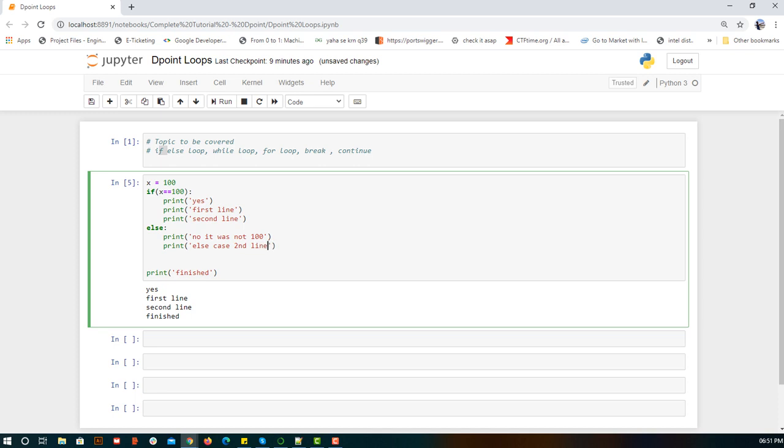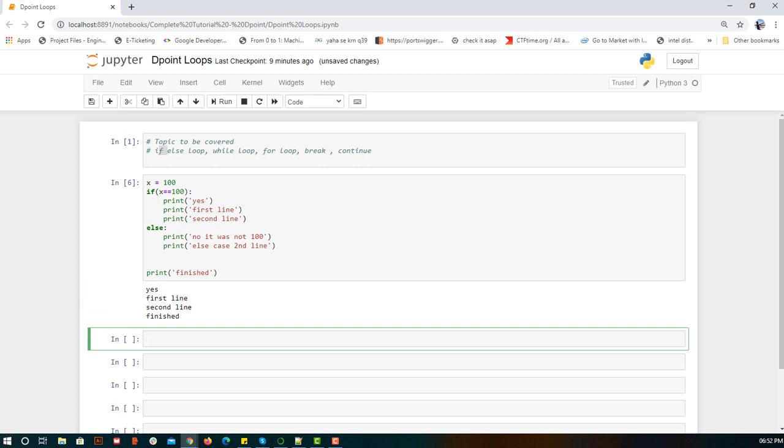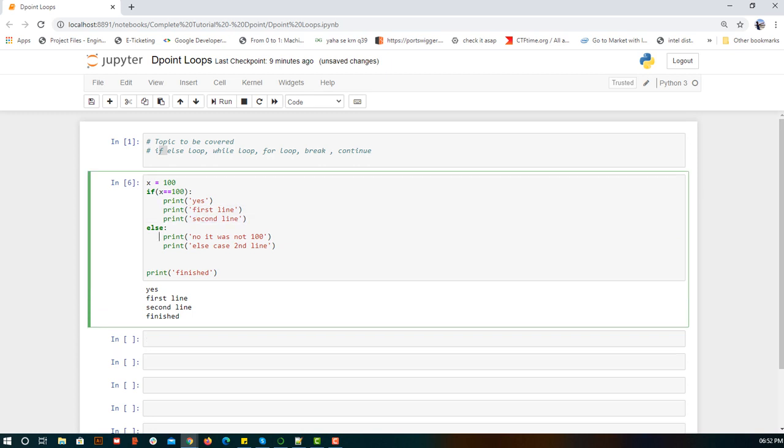As of now, this line should not be executed because this decision is true. So how the control flows is, if the decision is true, it will execute this. Just think logically, don't focus on the language. It's like an English statement: if this is true, execute this line, else, meaning otherwise, execute these two lines. We'll try to execute this. You can see only these three lines executed and these two lines didn't get executed.